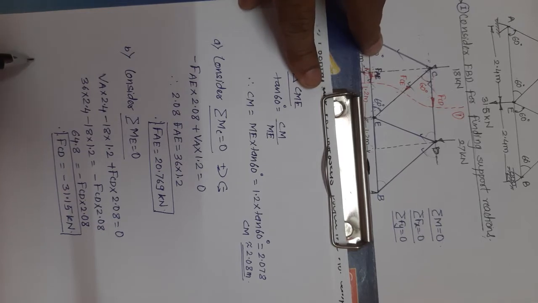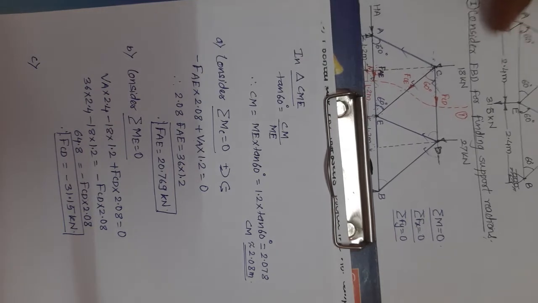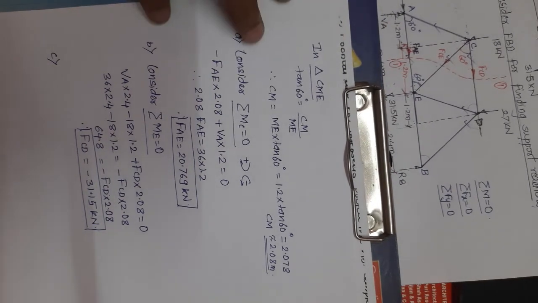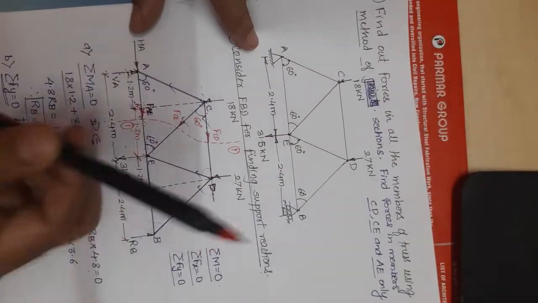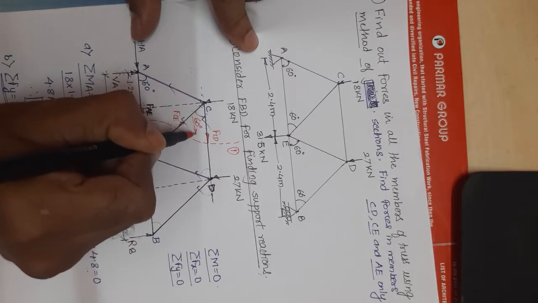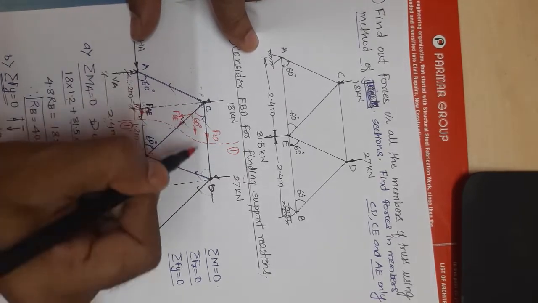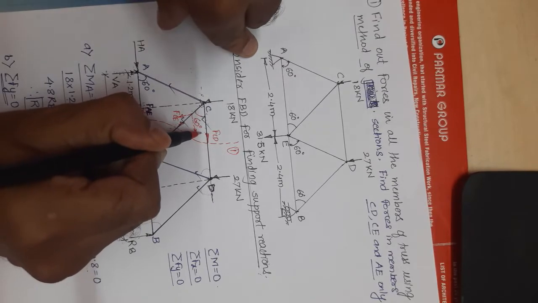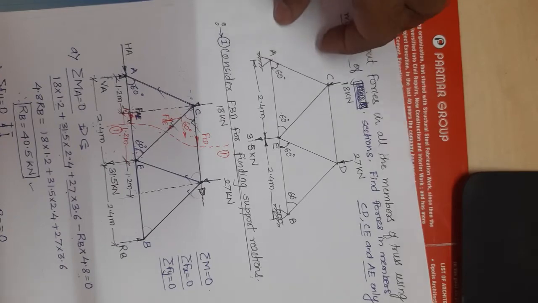Okay. Now the third one, last one, you have to get the value of FCE now. To get FCE, first of all we have to resolve this force here. You will have to resolve this, like this. So this is FCE cos and this is FCE sin. I am not writing it on it. Horizontal will be cos, vertical will be sin here. Okay. Now let us calculate.